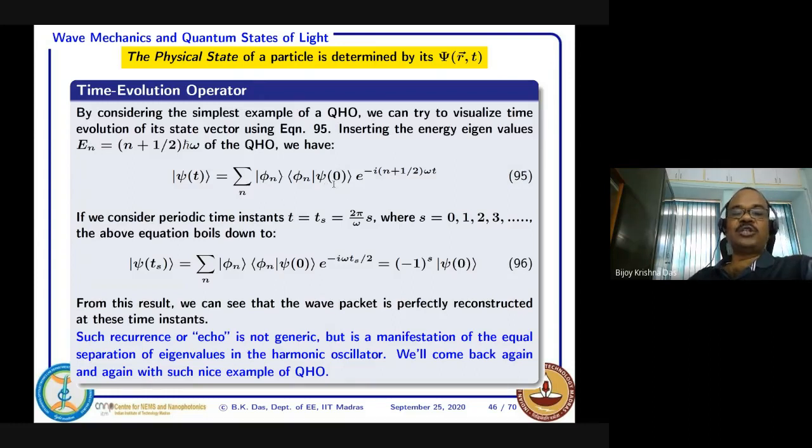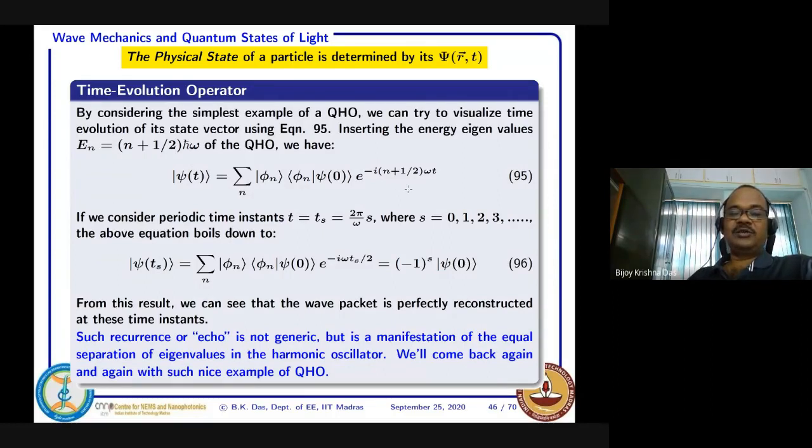So this is the ground state, psi 0. Whenever I take all the components, you are spanning the entire state of the quantum harmonic oscillator into its eigenstates. I am adding all the components, each having its energy, and you are summing over n. Equation 95, I think, is not so difficult to understand.